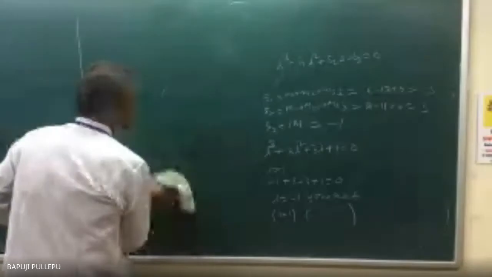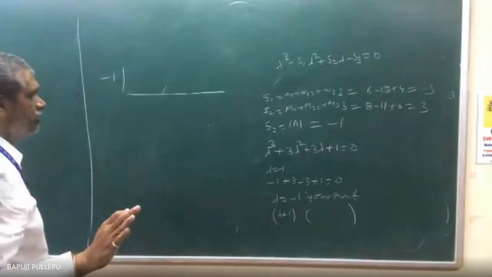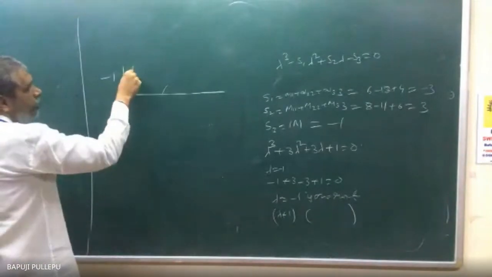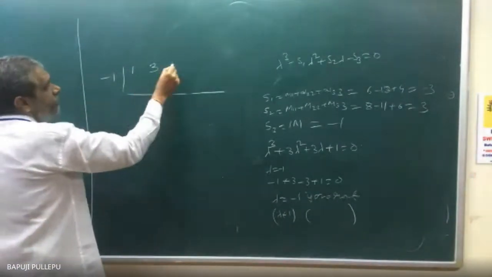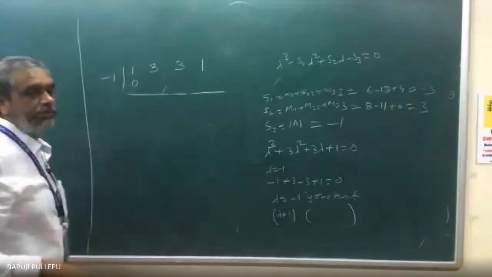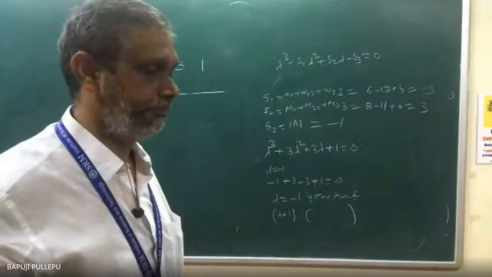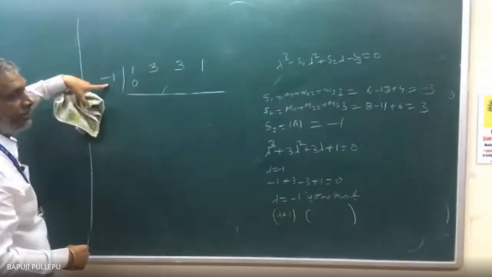Now, wait. First, I will have to complete. Listen. Now, those who are not quick. Now, lambda cube coefficient, lambda square coefficient, lambda coefficient, constant. Then, first number below always you can write 0. 1 plus 0 is how much? 1. This is the root actually. Lambda into -1, you can take.